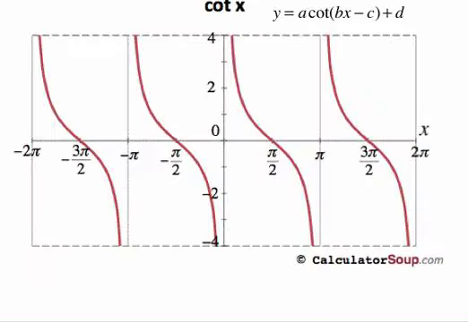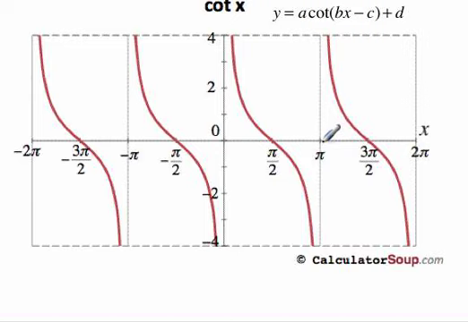Okay, let's look at cotangent. Cotangent, again, same basic formula, but two things have changed from tangent to cotangent. Cotangent, unlike tangent, is a negative graph. It starts at the asymptote from the left and decreases, inflects in the middle, and decreases as it goes to the right. The period, once again, has also changed. For cotangent, we have an asymptote at 0 and an asymptote at pi. So the period for cotangent would be from 0 to pi. So when we plug in our bx minus c values, we're going to have to plug in 0 and pi